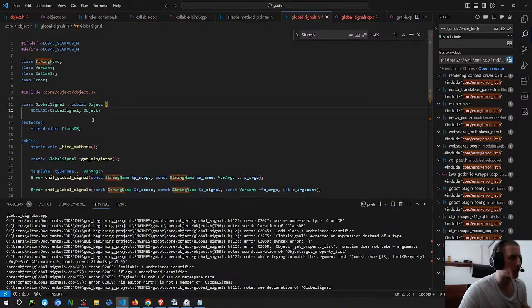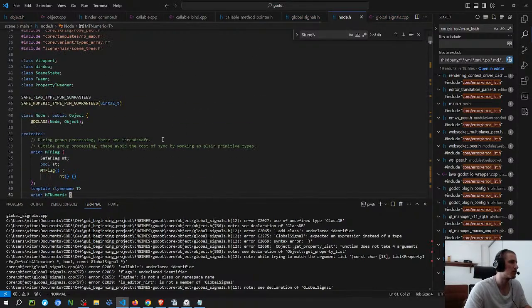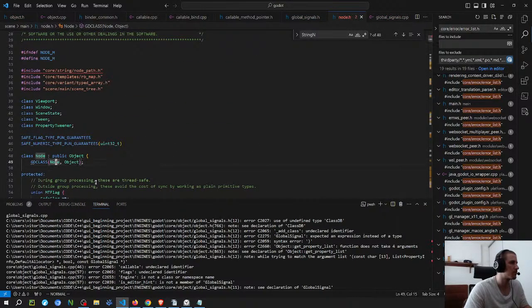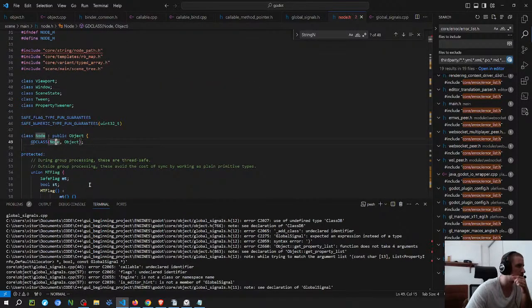Not sure if this is referred to the, because it should be this type here. So I'm not really sure if it's referred, but the node also, I'm pretty sure the node has objects there. It might be just because of the class DB thing, but this is kind of weird.